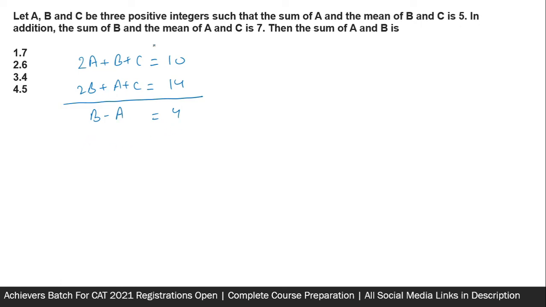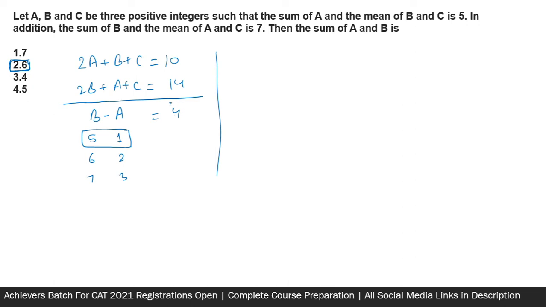And these are positive integers, so none of them could be 0. So minimum B and A are going to be 5 and 1, then 6 and 2, then 7 and 3, and so on. So if B and A are 5 and 1, then the sum of A and B is going to be 6, and that is the only possible sum anyway given in the option. So with the help of the options, I don't need to pay much heed to what else is going on, because the other possible values of A plus B are 8 and 10, which are not even present in the question.